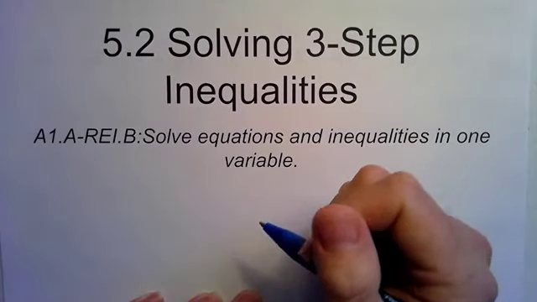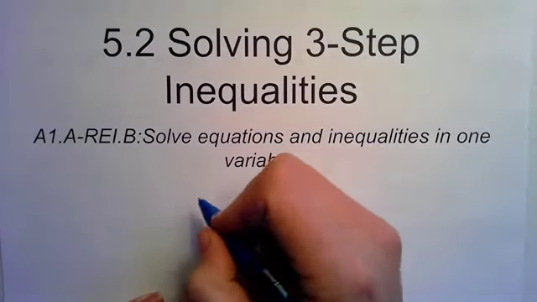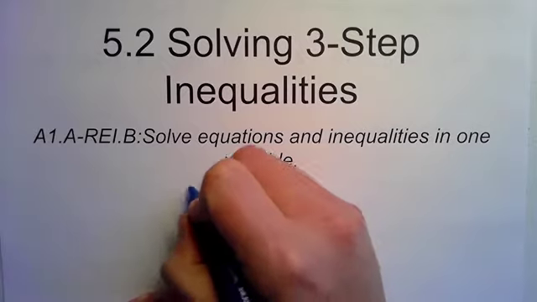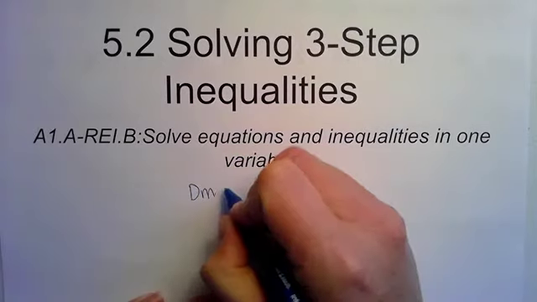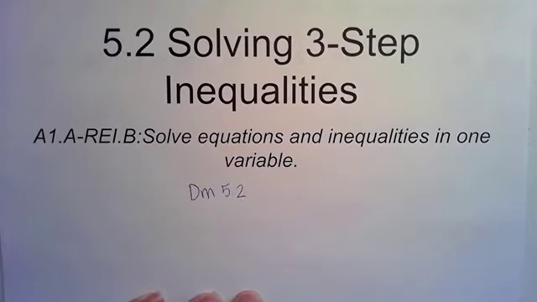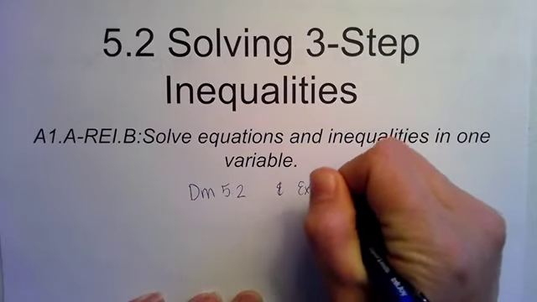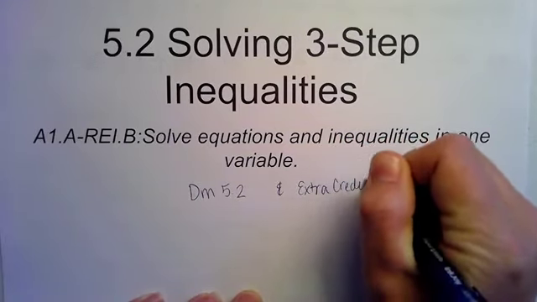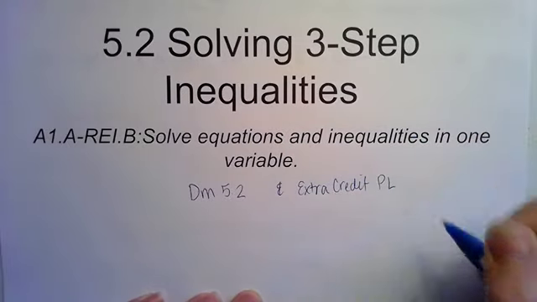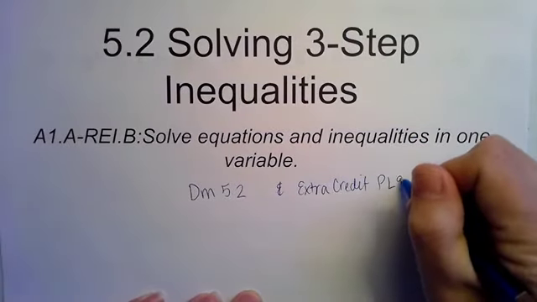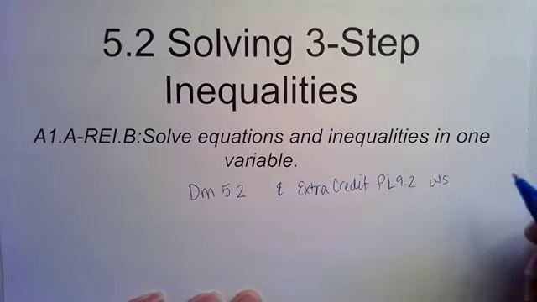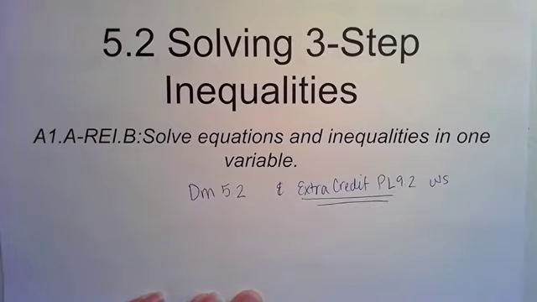You have a Delta Math assignment, 5.2, to get done after this lesson. And there is also an extra credit, I think it's the Punchline 9.2 worksheet. It is extra credit, and there are copies in the classroom